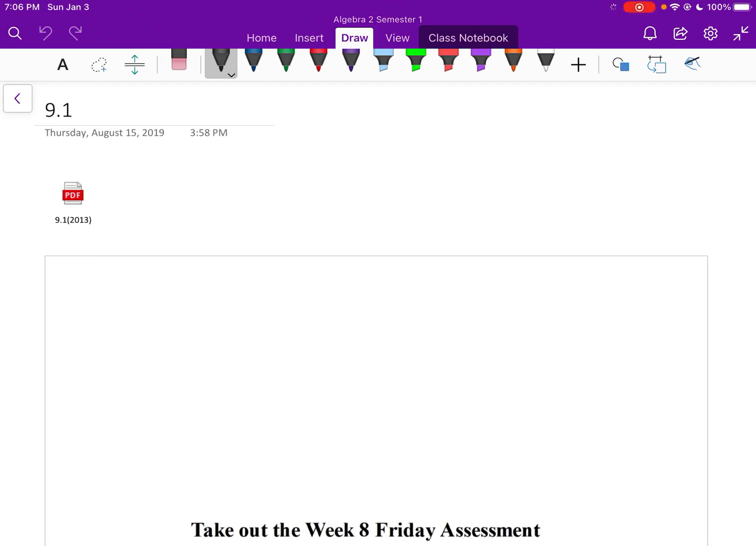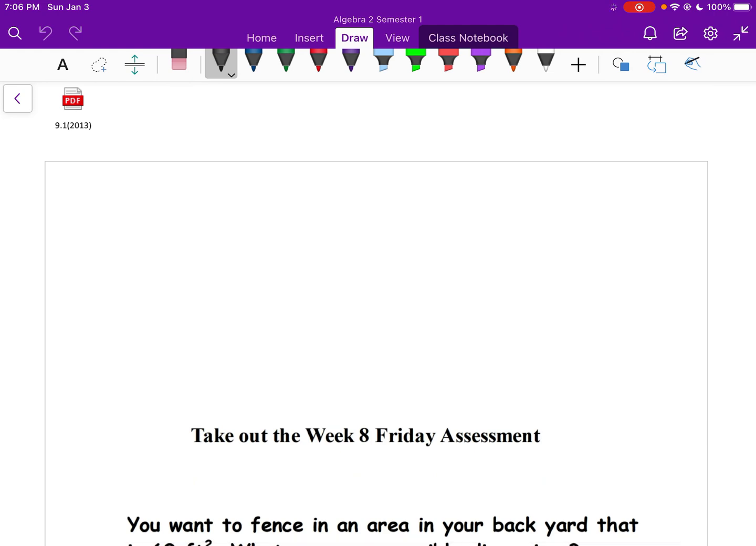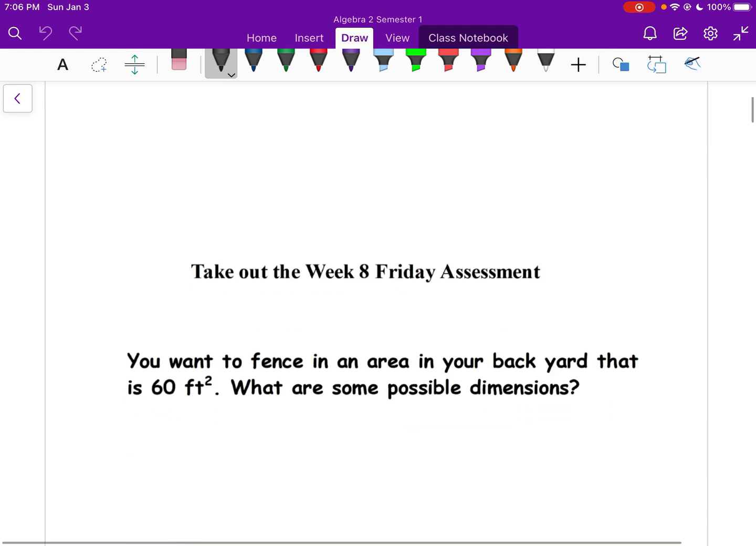All right, lesson 9.1. This is the beginning of our chapter 9 unit. This will be talking about rational functions and different types of functions as well. So, first thing I want to do,